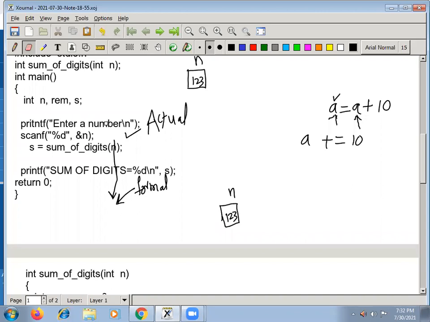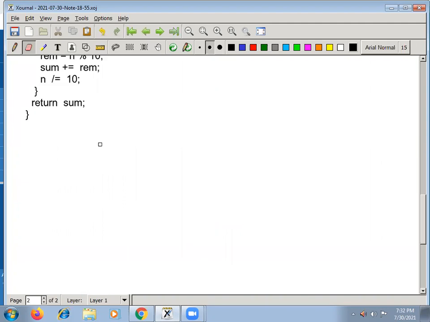Okay, we'll try to solve one more problem on this. The other type uses the same kind of logic. There is another program: a program to print the given number in reverse. Instead of printing, you should reverse a given number.